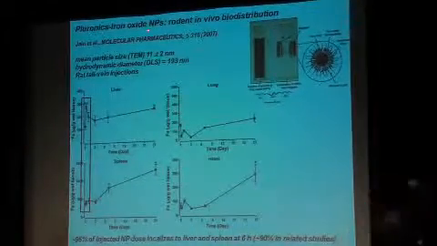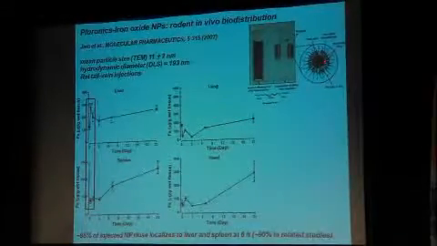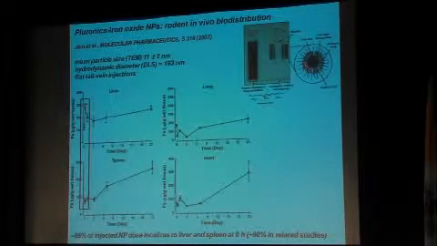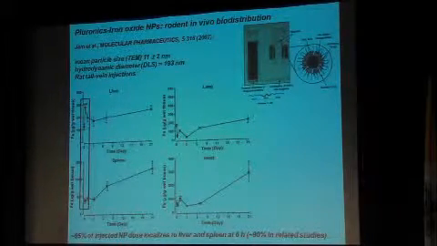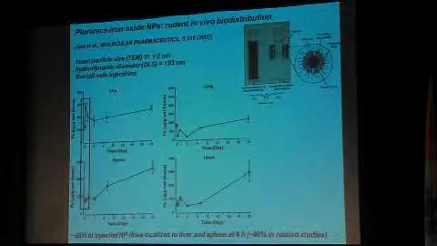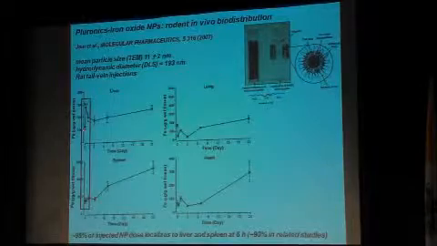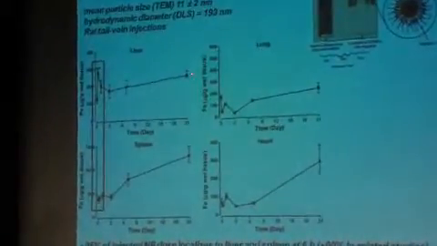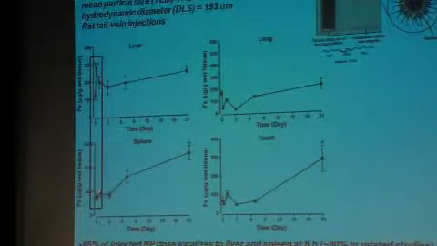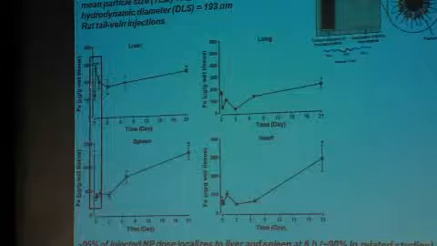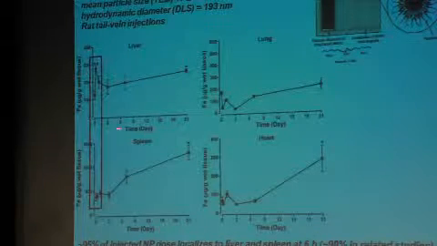Here's another paper from 2007. This time it's an iron oxide nanoparticle. This is an iron oxide core decorated with a very hydrophilic polymer grafting, done by Vinod Labhasetwar at Cleveland Clinic in Ohio, a highly respected nanoparticle expert. Again, the biodistribution profile over time shows immediate deposition in the liver and sustained deposition in the liver. Immediate deposition in the spleen and in the lung. So these systems go to the RES system.